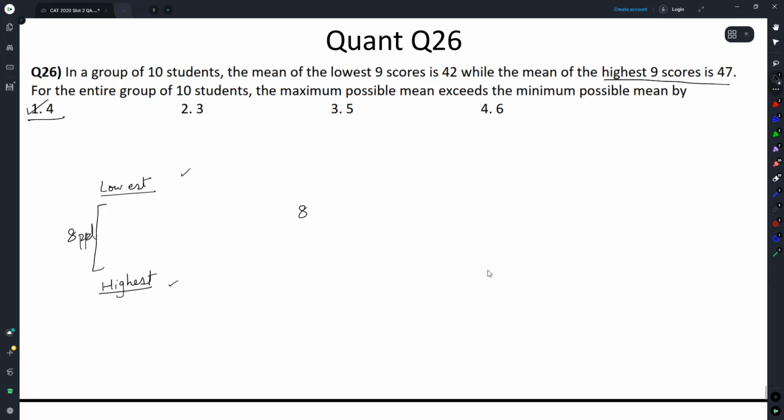These 8 people, from this case to this case, how much are they changing the total? Their own total? Are they changing the total by 5? And this has to be distributed among 10 people. Answer is 4. This is something I had derived or seen similar questions earlier, derived earlier, and therefore I know this works.